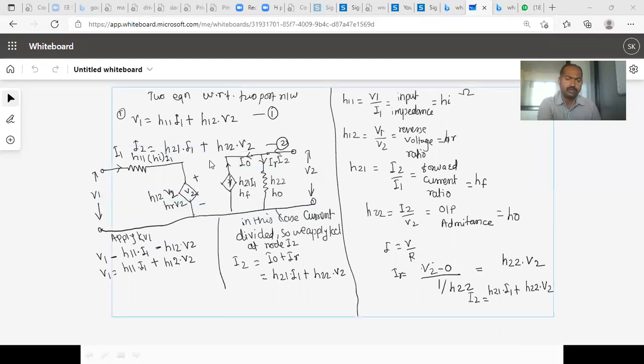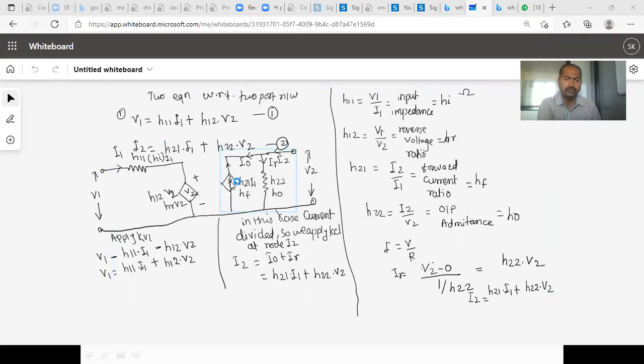So in this case I2 is equal to H21 I1, right? What does it indicate? H21 is nothing but I2 divided by I1. It is a pure ratio, that is the forward current ratio. So this term comes with respect to multiplication by whatever the other quantity is. So we just start drawing this here. So this is nothing but H21.